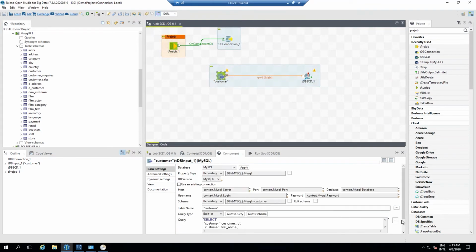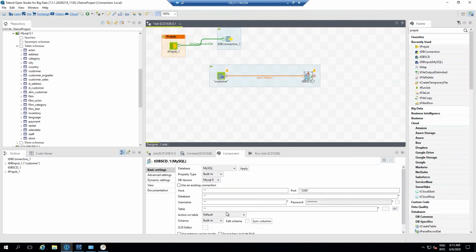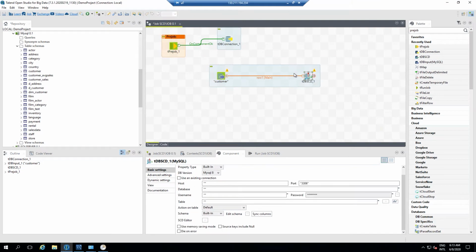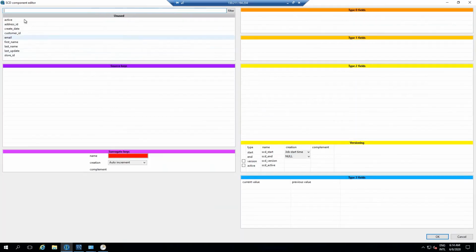Since the table name is not specified, we are not going to get anything which is not there at the source but available in the target. What that means is, if I click on the SCD editor, I can see only